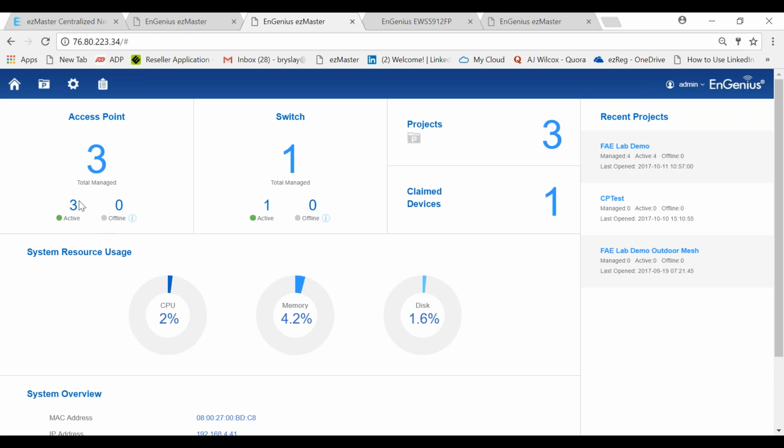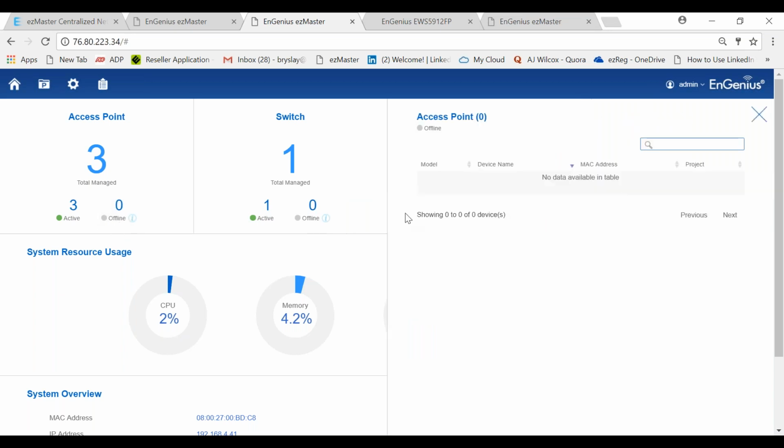It quickly allows you to see that I have 3 active access points and there's 0 offline. 1 switch and none are offline. I can click on offline and it will tell me which devices are offline, and it will tell me what project they're under, what device name they are, and what model. So it gives you a lot of information.